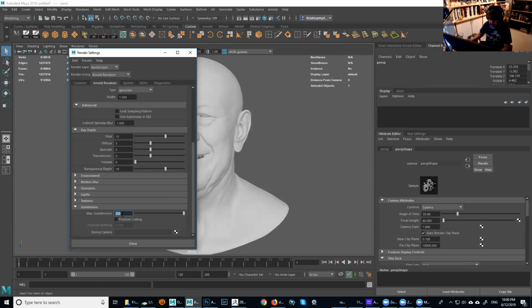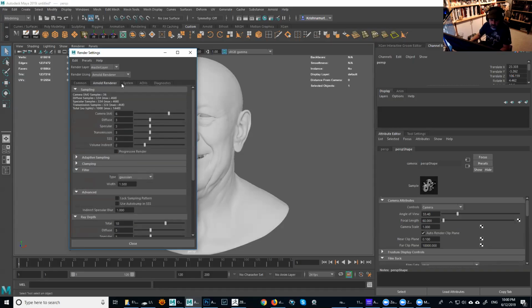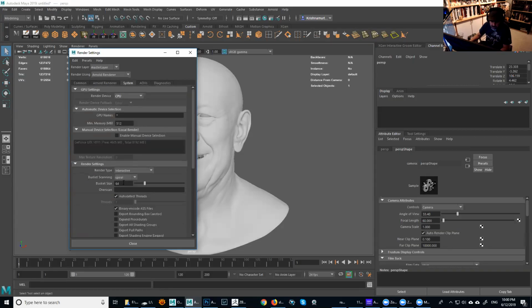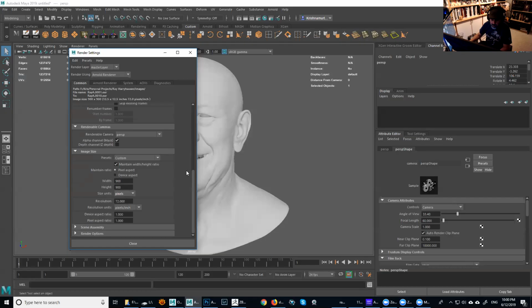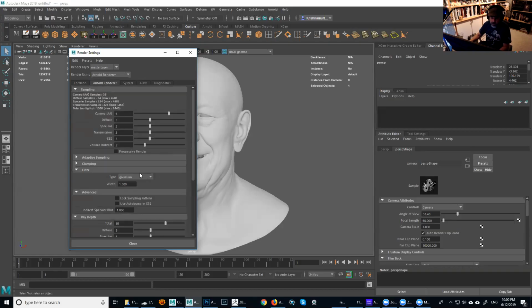But if you wanna guarantee that's never gonna pass a certain number, you can just put like 6 in there or something. But I never change it, and it doesn't impact my render time. And then for system, I'm gonna just switch the bucket size to 16, so all my little processors can work faster, and actually finish each one of the tiles much faster. And then that's about it for the render settings.